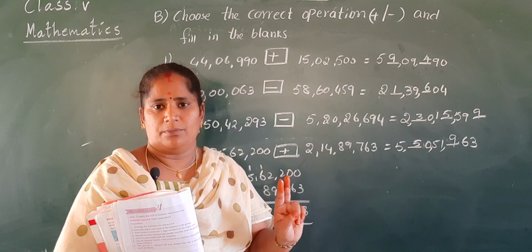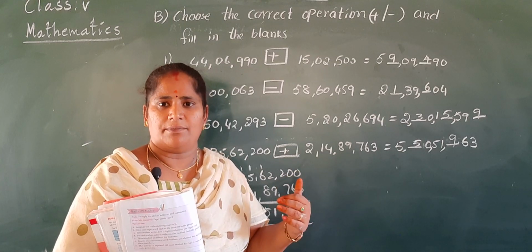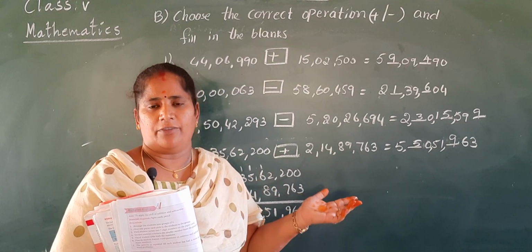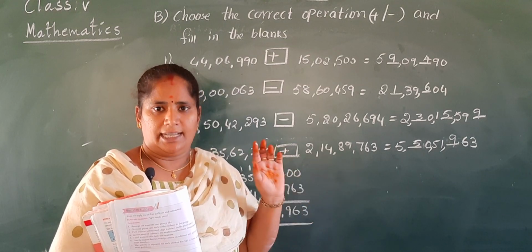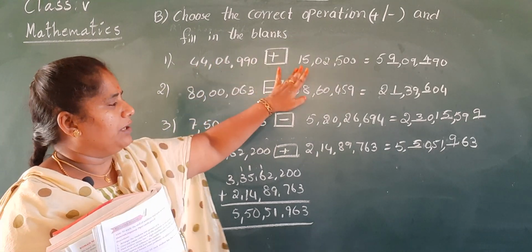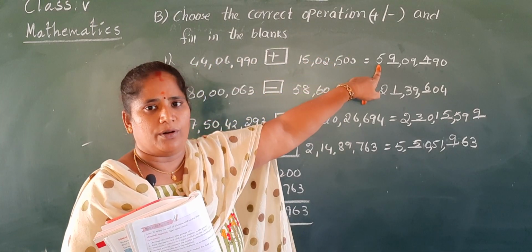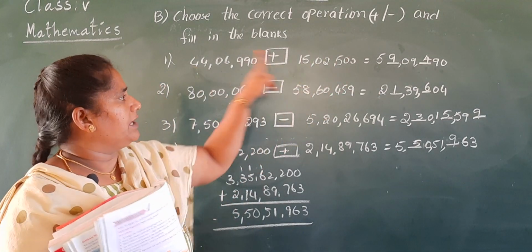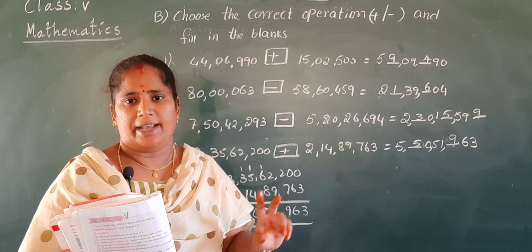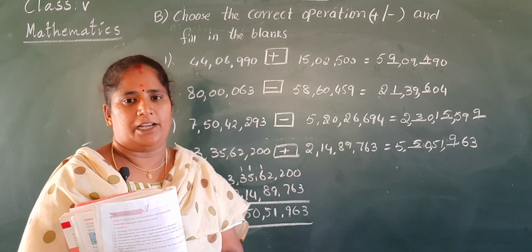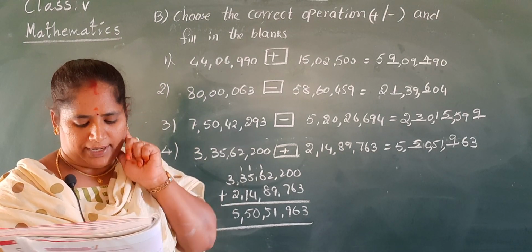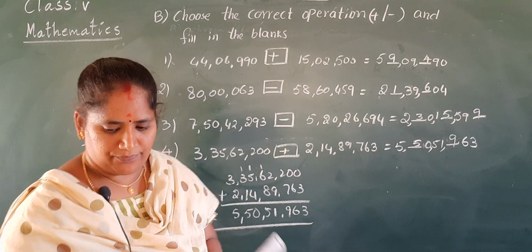So if you add two numbers, you get more number or less number? Come on, tell me. 2 plus 3, how much? 5. 5 is greater than 2 and 3, no, Nana. So that is the key point you have to keep in your mind. So if you add two numbers, we get the result more. So here 4, here 1. So we'll get 5, means we should do addition. So like that you have to estimate and keep the operation. Okay, ma? And now state whether the following are true or false.